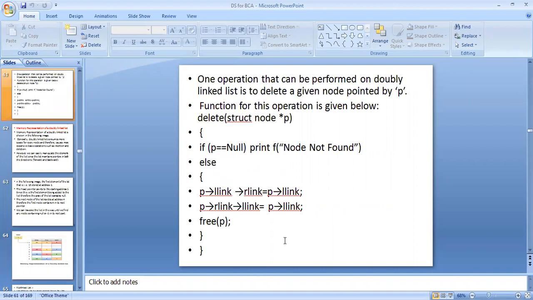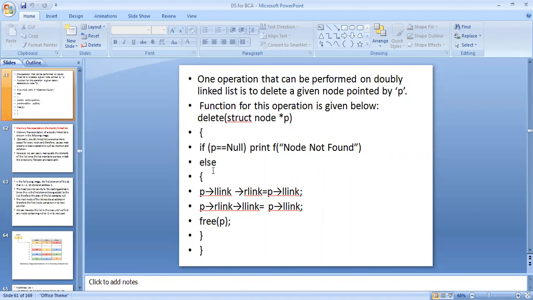So one operation that can be performed on a doubly linked list is to delete a given node pointed by P. The function for this operation is given below, that is delete(struct node *P). In brackets, there is an if condition: if P equals null, then printf node not found.